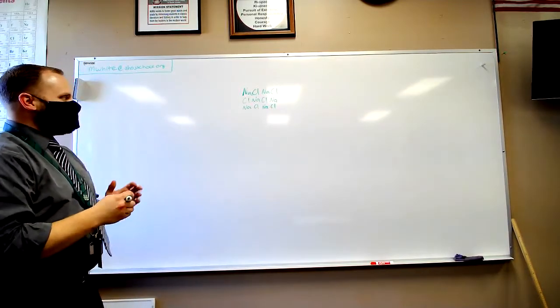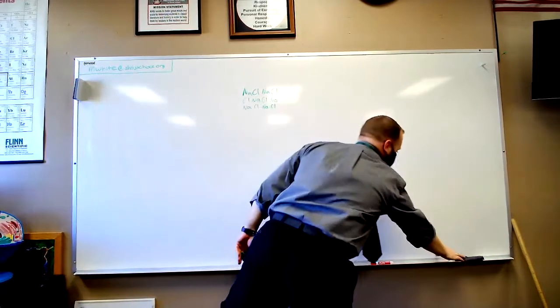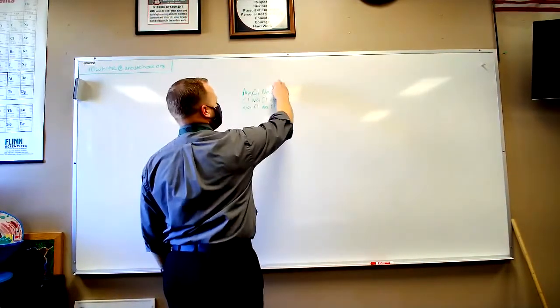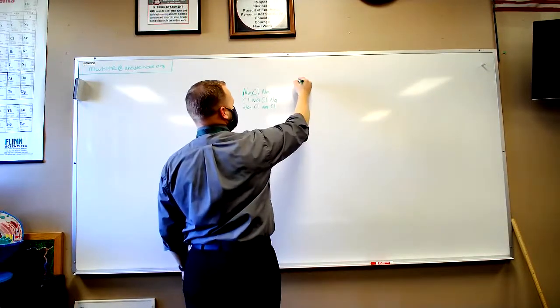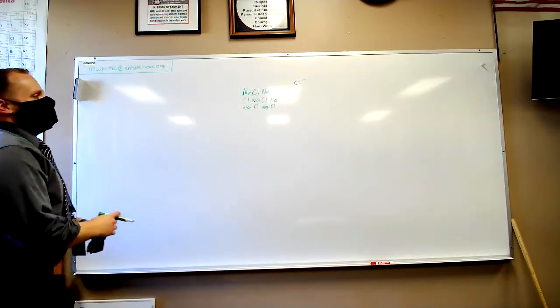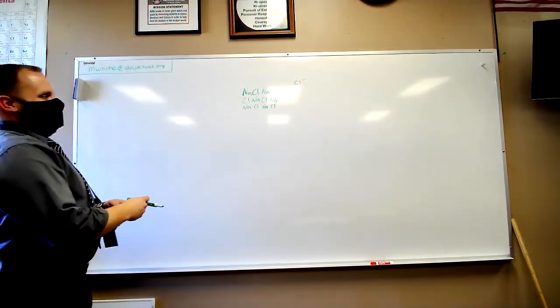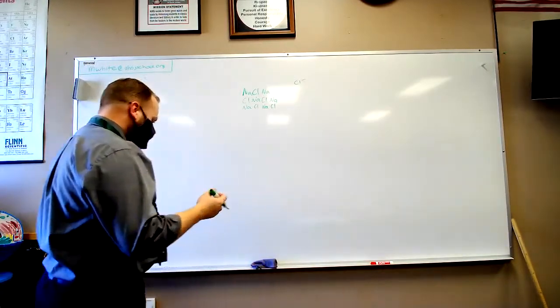As it dissolves, this chlorine ion over here is just going to leave. Now it is negatively charged, it is an ion. And in order to make that dissolve,